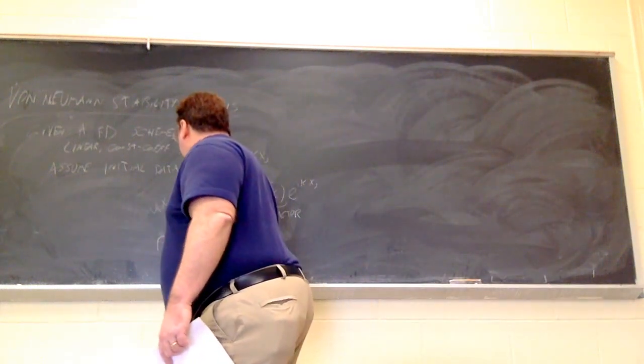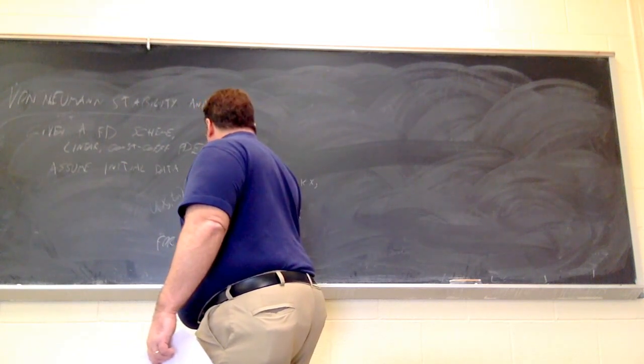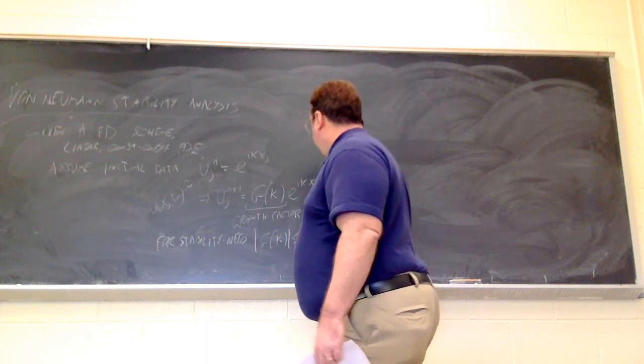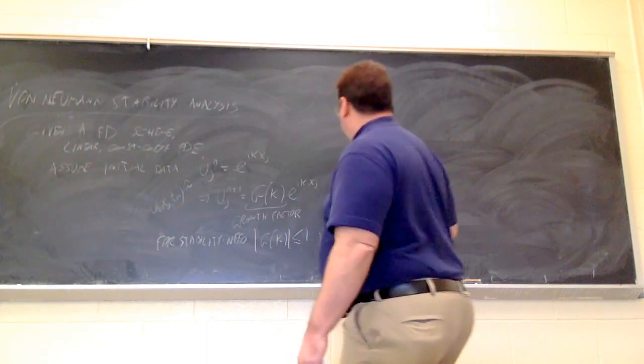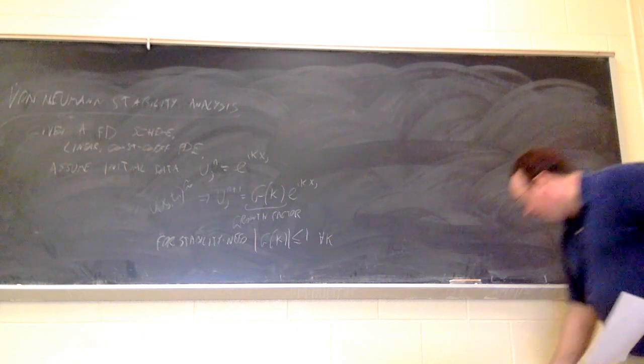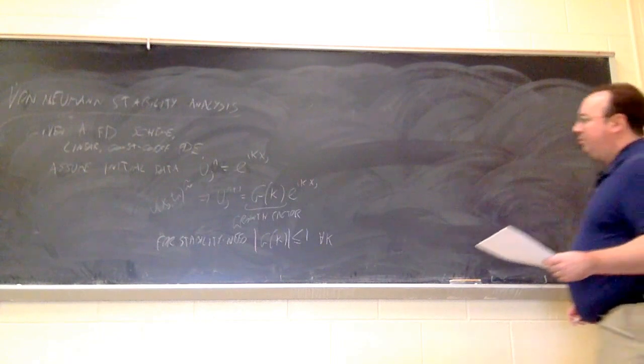So for stability, we need the magnitude of this growth factor to be less than or equal to 1 for all values of k, for all frequencies k. It's just because when you plug this into your method, working with exponentials, the algebra works out so nicely that you can easily figure out what this growth factor is. All right, so to give an example,